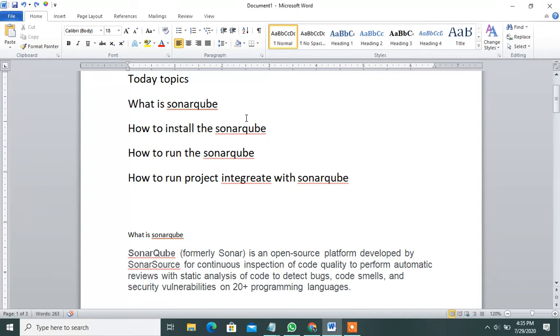First of all, I will tell you what SonarQube is. Simply saying, SonarQube is used for code quality gates and code checking. SonarQube is a leading tool that continuously inspects the code quality and security of your code base.